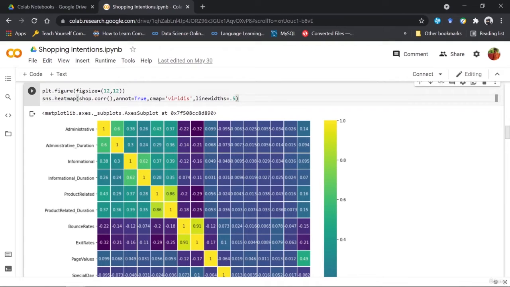You can see that the pandas variable where my data set is stored is having dot corr, which is giving me the correlation, and I'm sending that as my first parameter to my seaborn heatmap function.